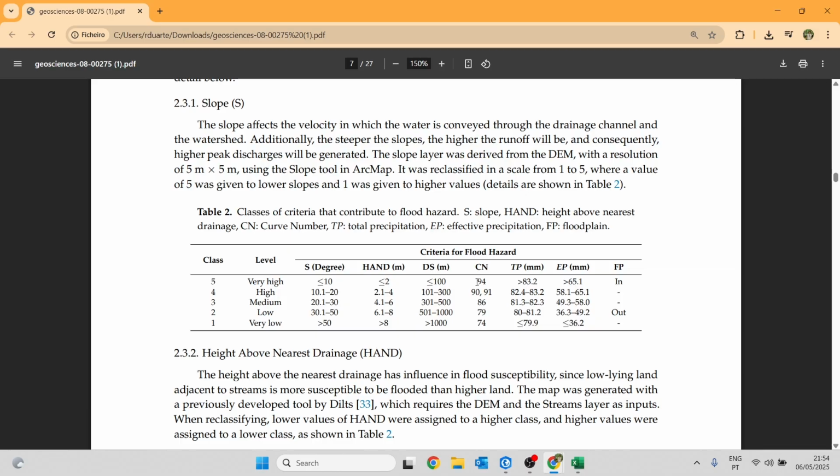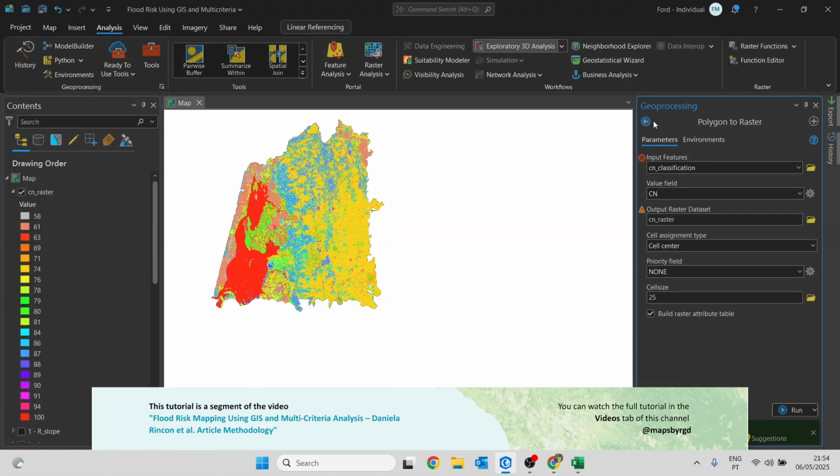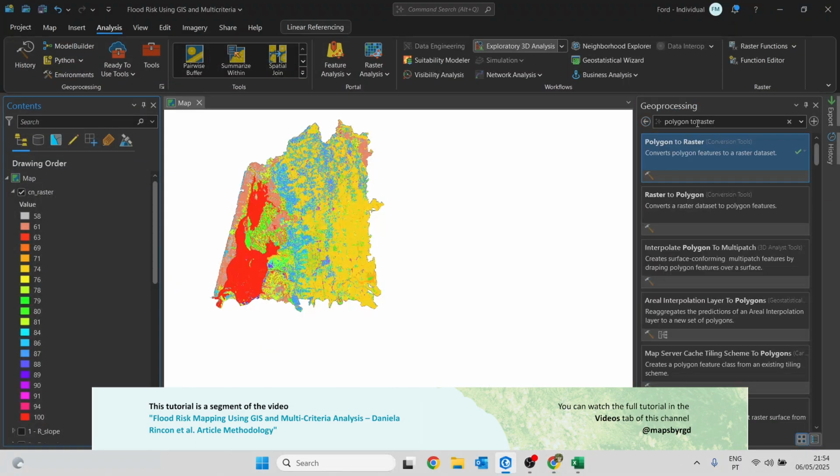However, by personal choice and to stay consistent with the original methodology, I will also use the same scale. So values below 74 will be assigned a class of 1, and values above 94 will have a value of 5. So going back to ArcGIS Pro, I will just search for the tool Reclassify once again.